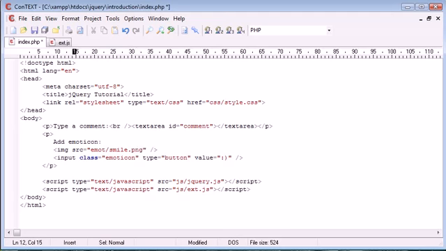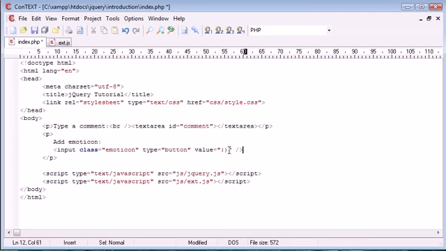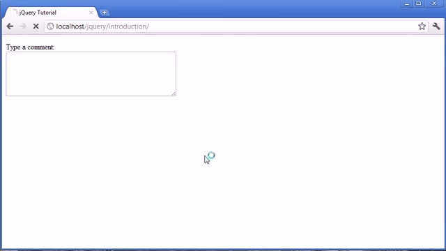But you'd assign a class to this as well, so you could assign the class emoticon, because that's what we are keeping as the global class for this. But you'd also then have to give this a value. So jQuery is going to pick up the value inside of here based on this value attribute. So that's what you would do if you were to use images, but for now we're just using